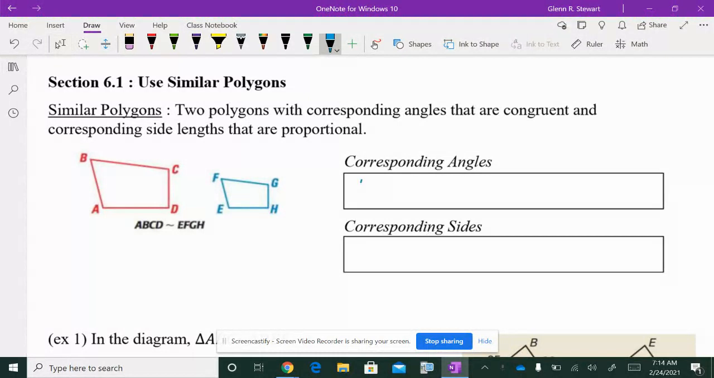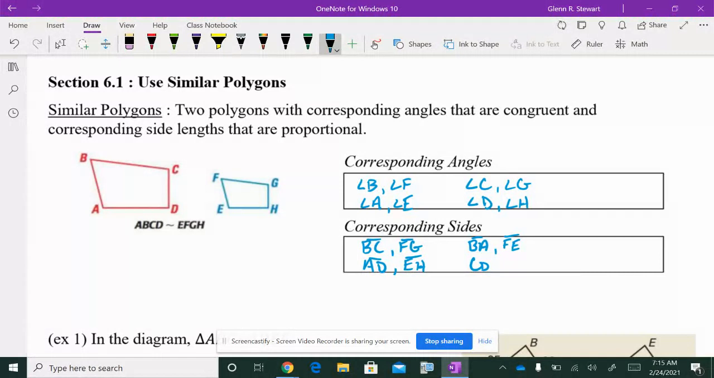You'll notice pretty obviously that angle B and angle F are corresponding, angle A and angle E, angle C and angle G, and angle D and angle H. And then of course we've got corresponding sides, BC and FG, AD and EH, BA and FE,